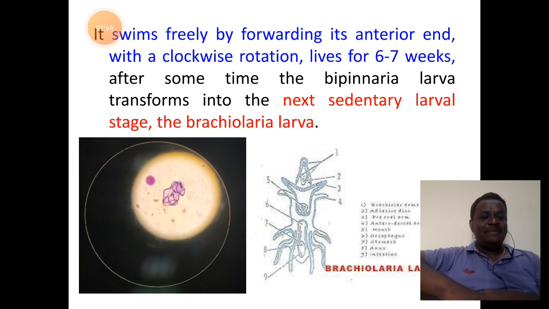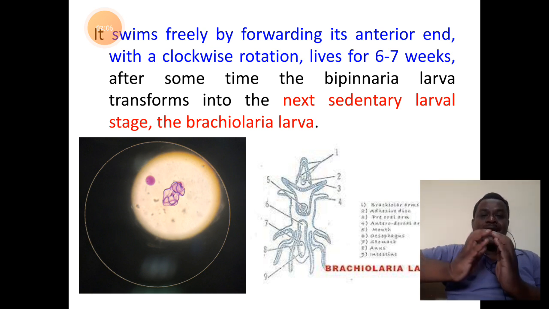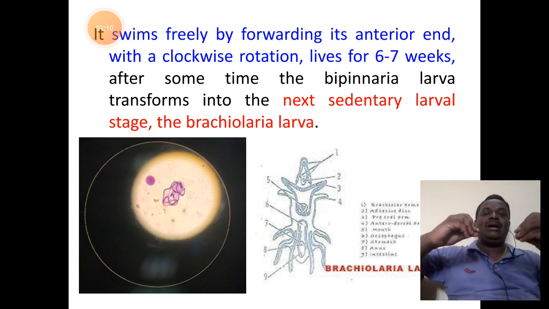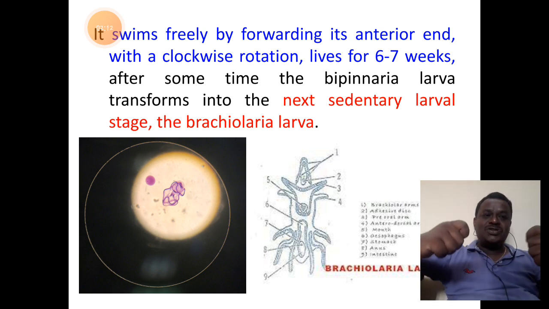Students, remember, this stage of Bipinnaria also contains a complete digestive system, which starts from the mouth and ends with the anus.